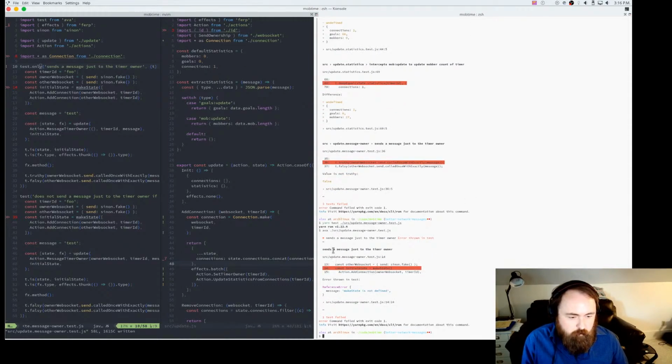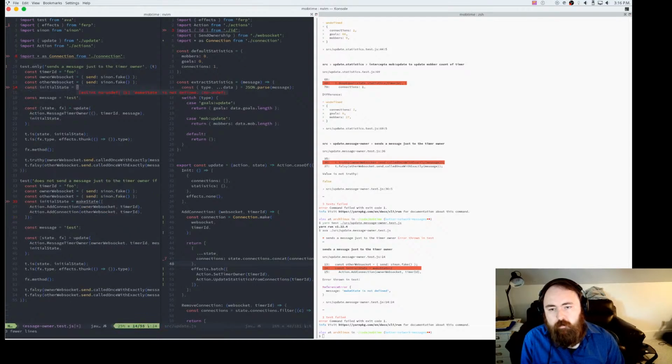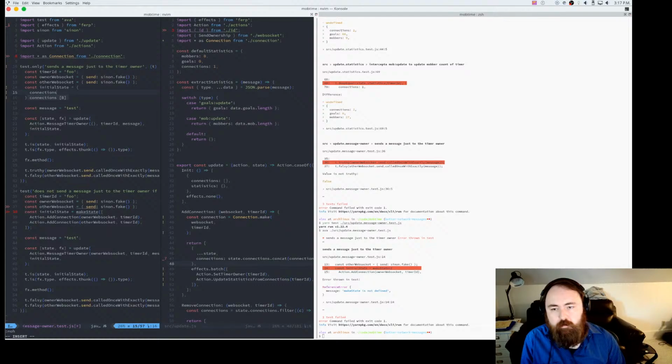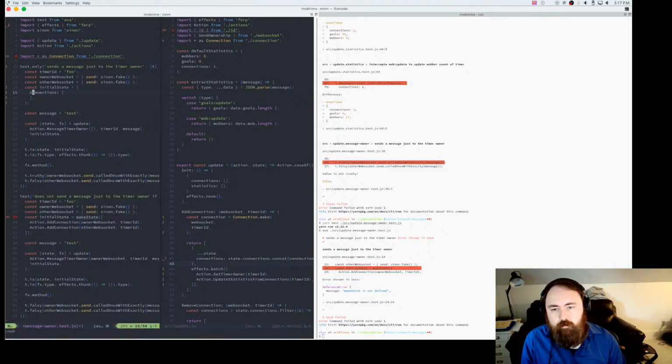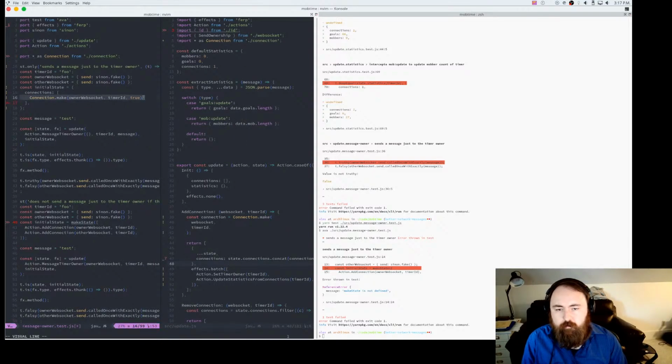Cool. So I only ran the one and it failed because it's trying to set up a state that doesn't exist, which is fine. So now in this case we care about connections, and we need to make 2 connections here. So we're going to say connection.make owner WebSocket and timer ID, and it sounds like this guy's the owner.